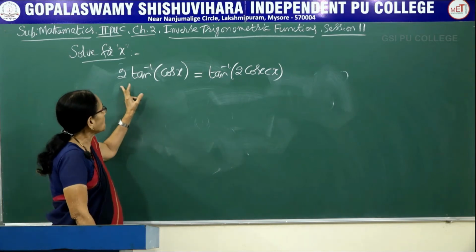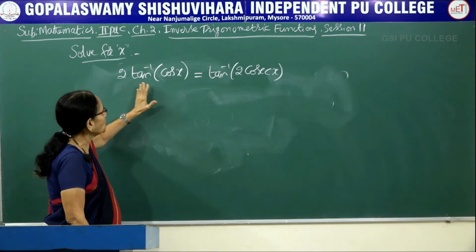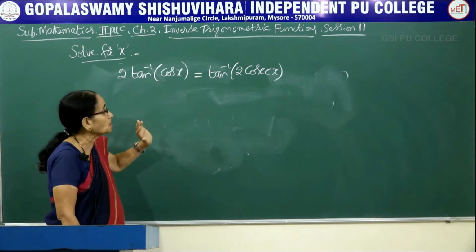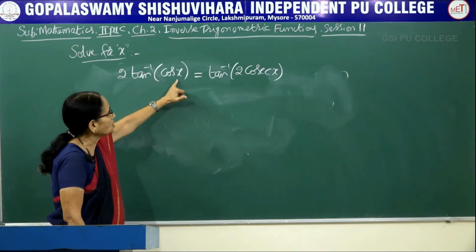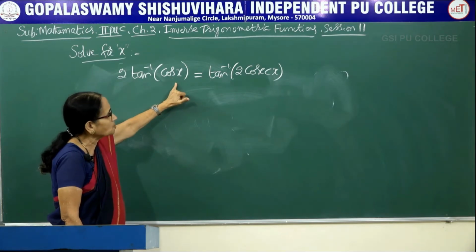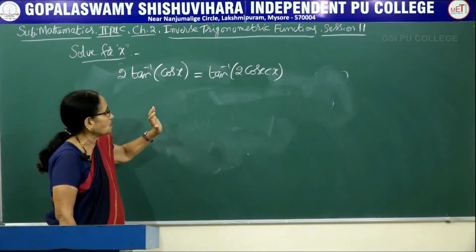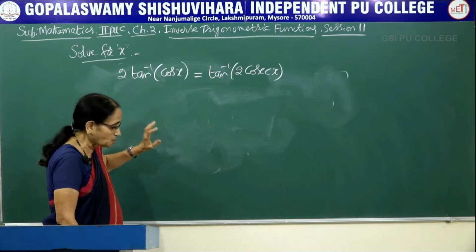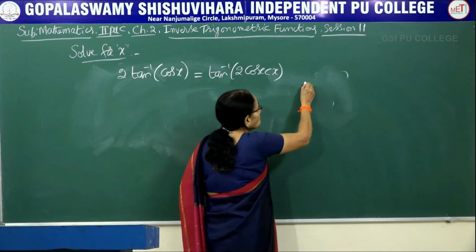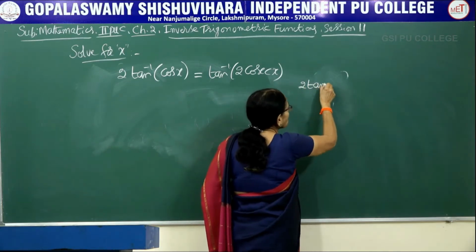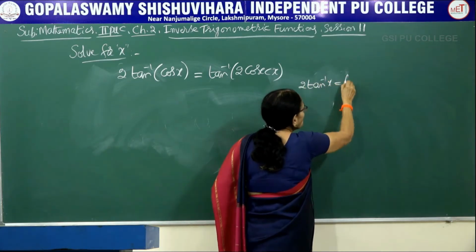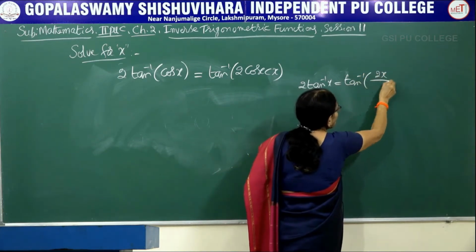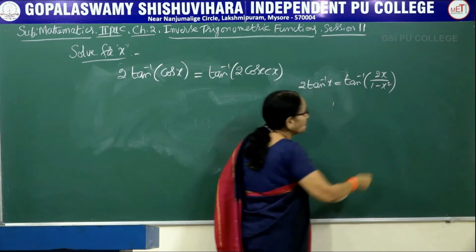Look here, we have a function of the form 2 tan inverse x. As it is, we cannot cancel any function on both the sides. The unknown quantity x is present on the left hand side as well as on the right hand side. So first, I make use of a property, the last property, that is 2 tan inverse x. The fifth property, how do you express it here? Tan inverse of 2x divided by 1 minus x square.